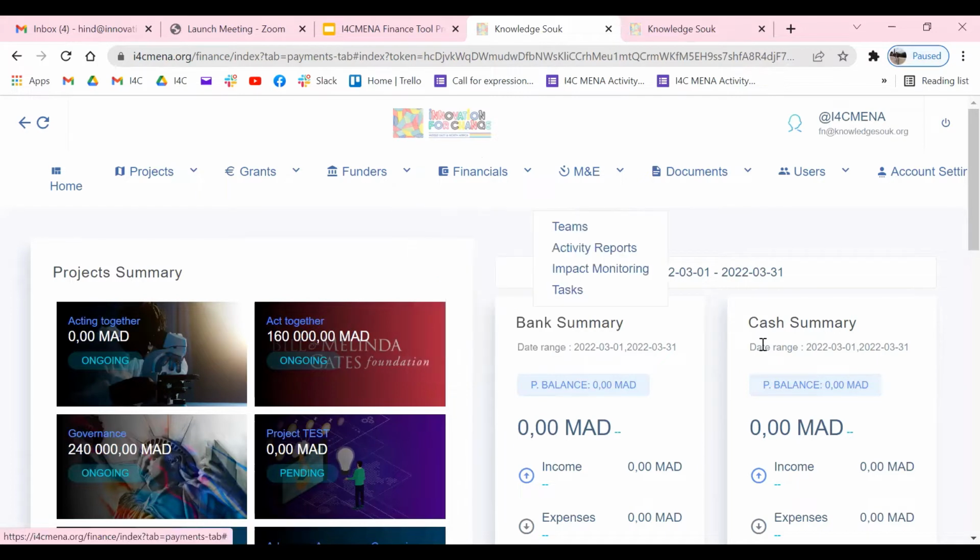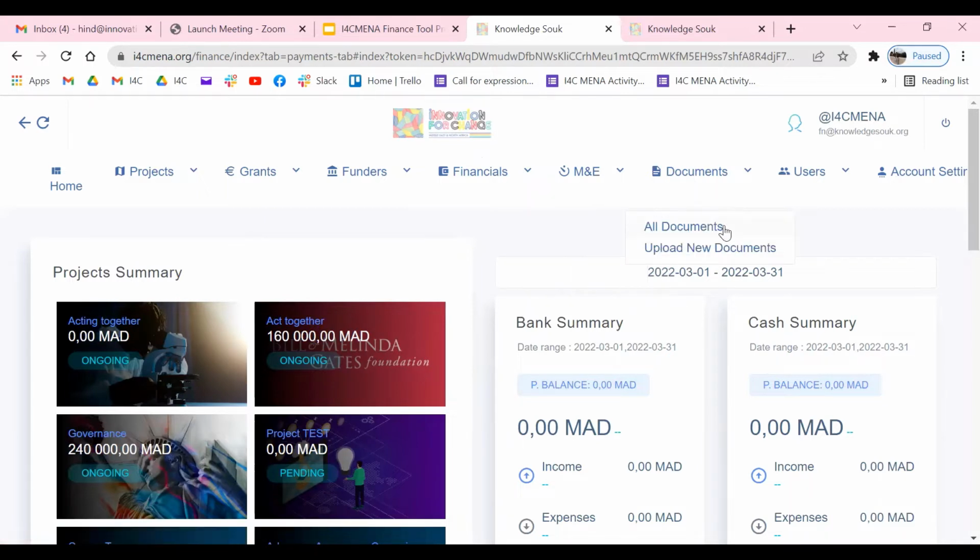Here we also have M&E, so from here you can access the teams that are working on the tool, also activity reports, impact monitoring, and tasks. From here we upload and store all the organization's documents, either reports or supporting documents, and so on. From here you can access the user lists, and finally we have the account settings.